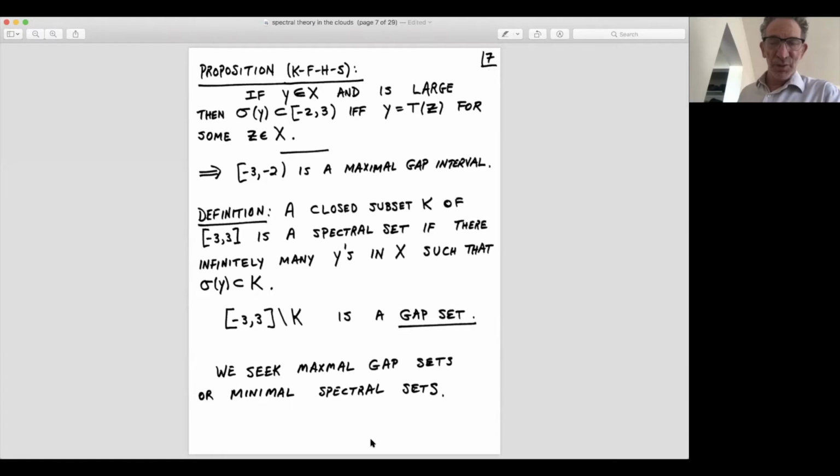The inverse problem of prescribing the spectrum of 3-regular graphs is to understand what spectral sets you can create. In particular, what minimal spectral sets can you create, and what maximal gap sets, complements, can you create? That's what I want to address. We understand it at the top and the bottom from what I've said, and we want to understand it throughout the spectrum. It turns out that this problem is extremely rich. I'll give you some answers, but it's clear that the complete answer seems very difficult and very interesting.